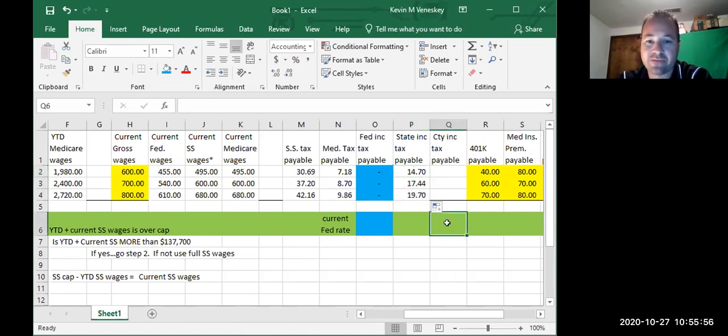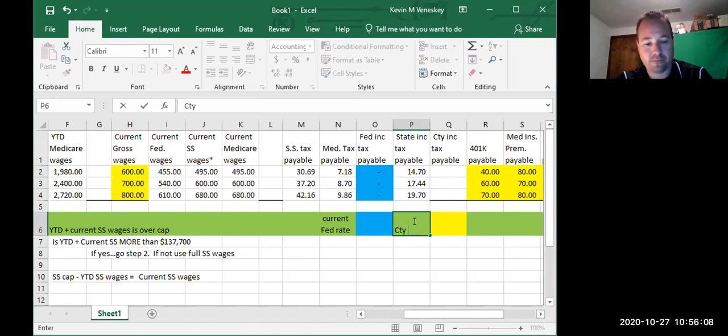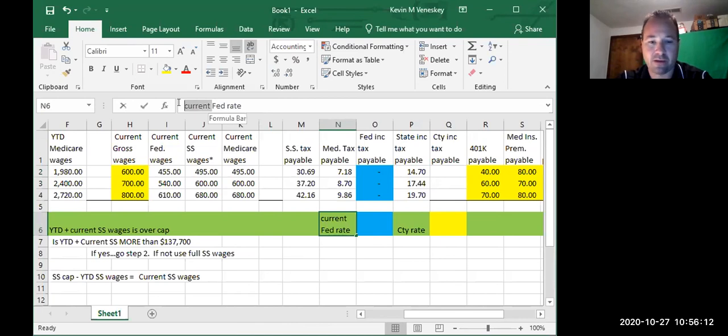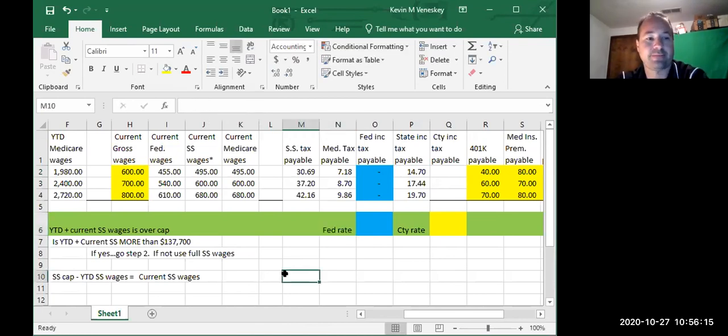County rate, remember I have to give us that, so I'm going to put this one in yellow because this is one that I'm going to have to input on a regular basis. So we'll put our county rate. I'm not sure why I put current. We don't need to have current. Just the Fed rate would be enough for that. So we're going to put in here a county rate. Let's go ahead and just put in a number just to have something in there. I probably shouldn't have done that now that I think about it, because the Fed rate,